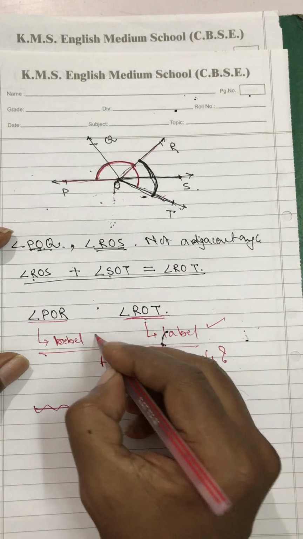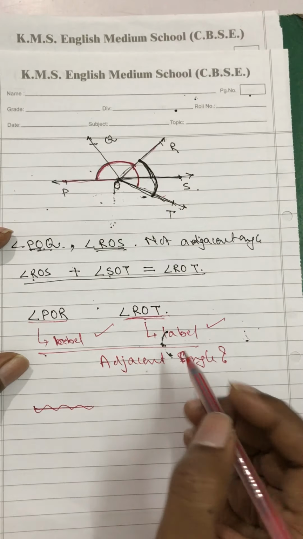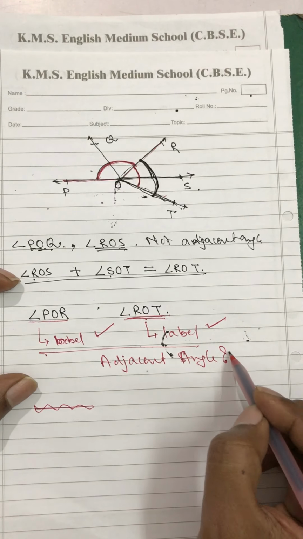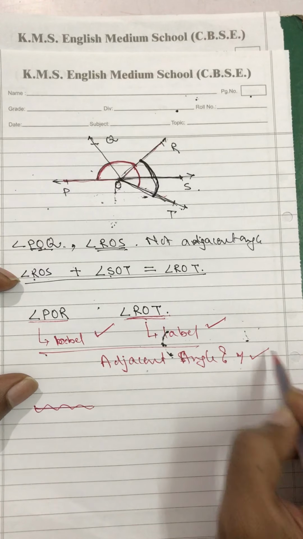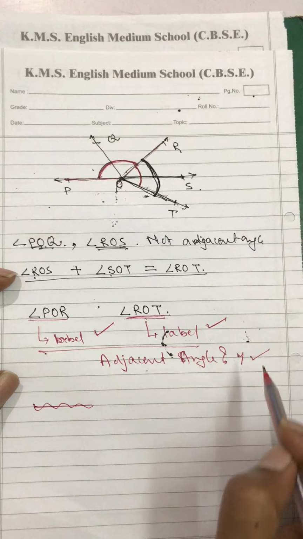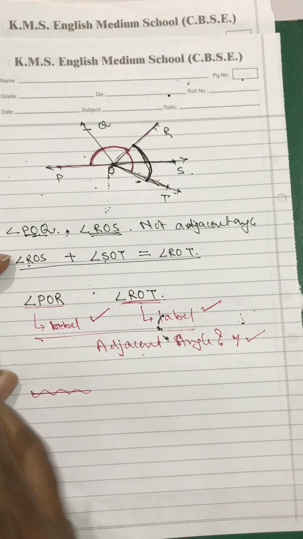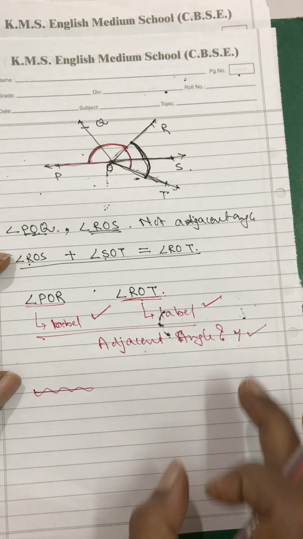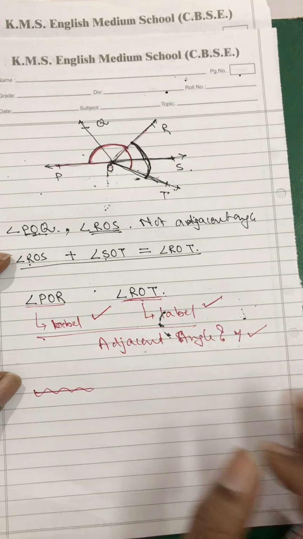So the label is done. You just see whether your labeling is rightly done. If your labeling is rightly done, then you have done one step better. Now, if you have written that yes, they are adjacent angles, then you are doing better. If you have written no, then also don't worry, you are learning. So this is done. I hope now you will be able to understand. Once you have done it and you see how the markings are done, then you understand in a better way. So this is done, adjacent angles.